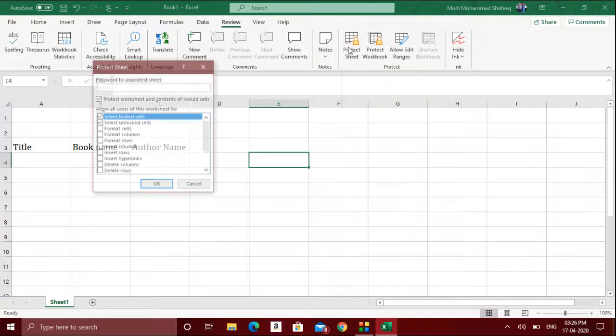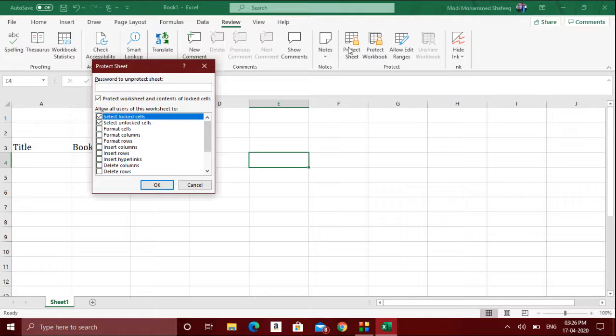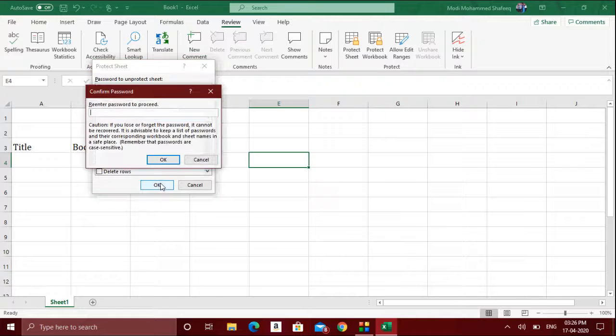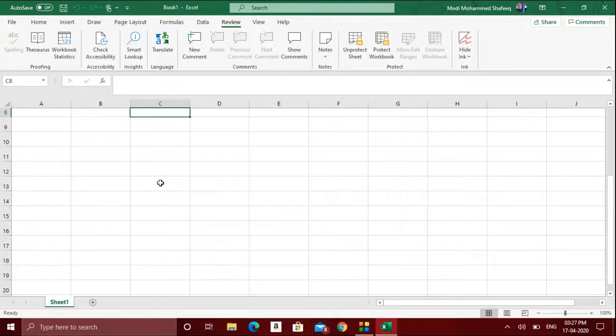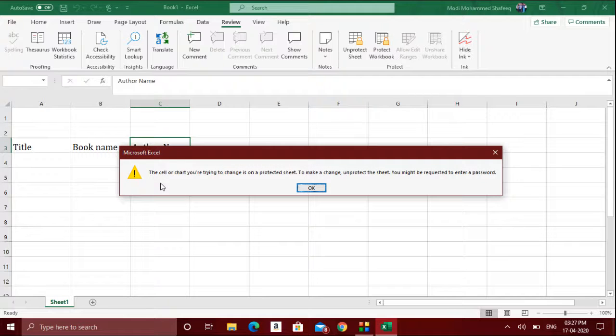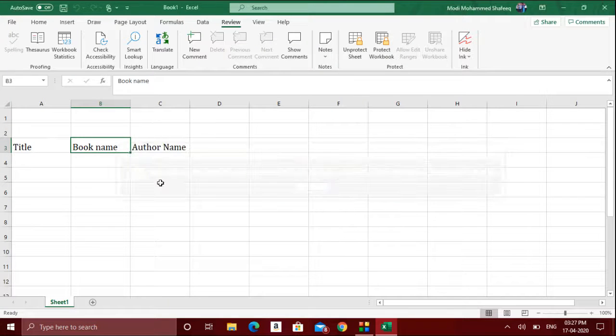Then what you need to do, you should click on the protect sheet option, and here you need to type some password. Maybe I'm just typing for reference 12345 as a password, and click OK. Again you need to re-enter the same password, click OK. Now the whole sheet which is available is locked. Now I can see all this, I can open and see, but if I want to make some changes, even to delete or anything, I won't be able to do it. That is the basic protecting of the sheet.